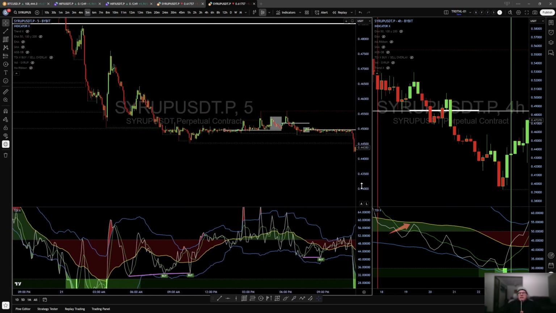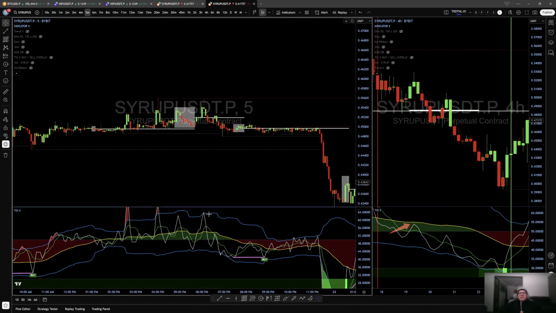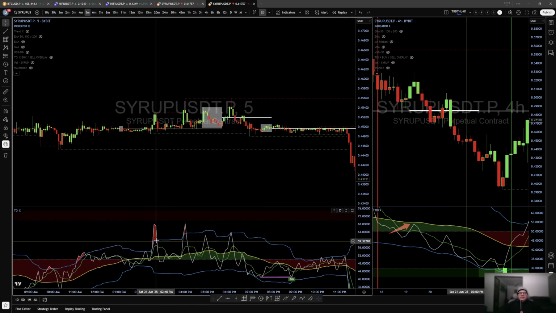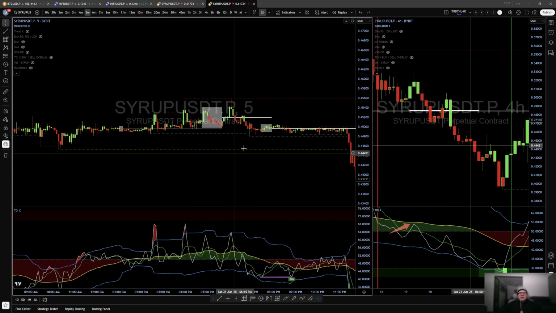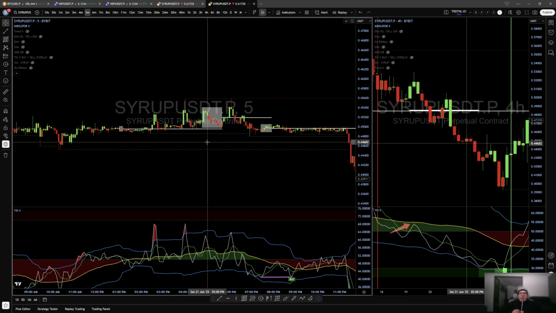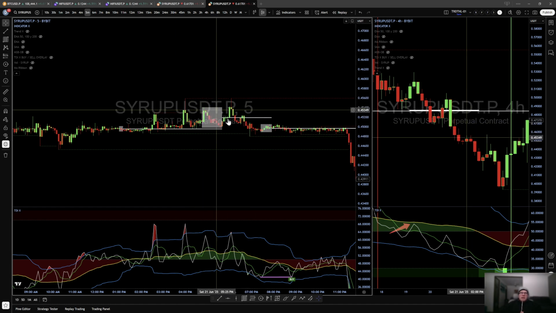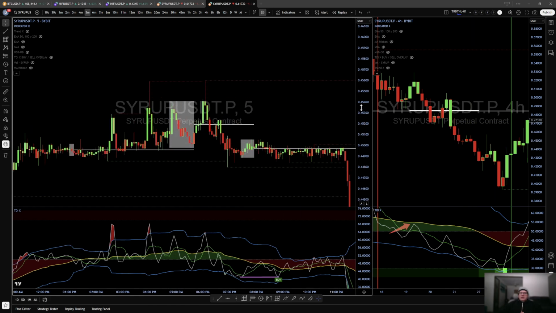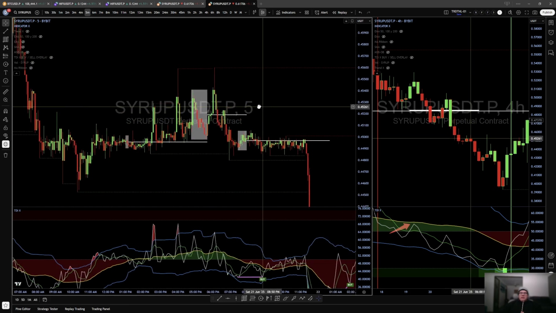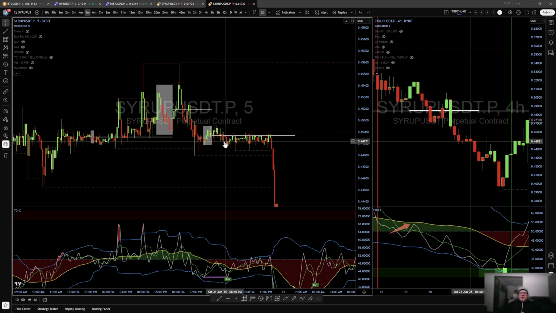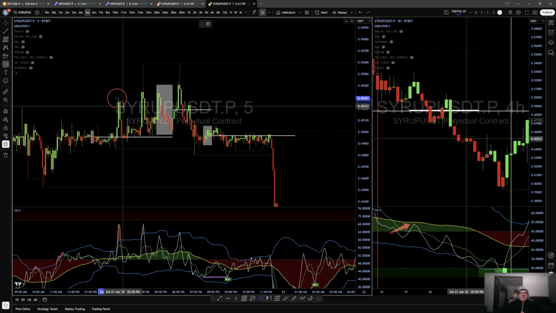But here's actually the best sweet spot. I mean, any one of these really, but they don't all play out exactly the way you would want. There was a lot of sideways action here that would have been kind of boring and uncomfortable to trade. But if you would have followed the rules and entered above the value line, here with the shark fin,